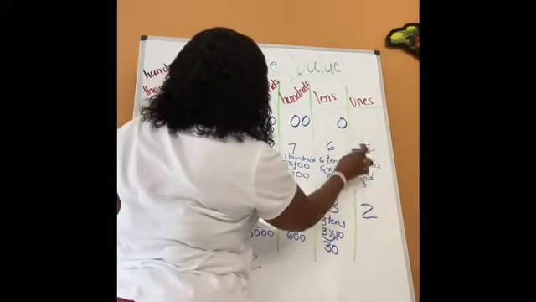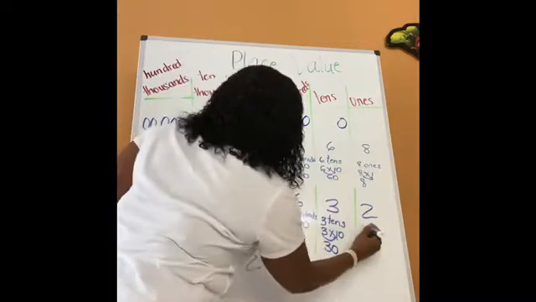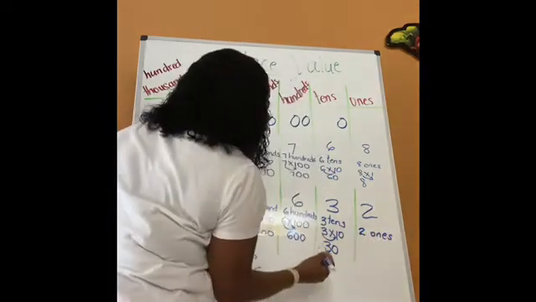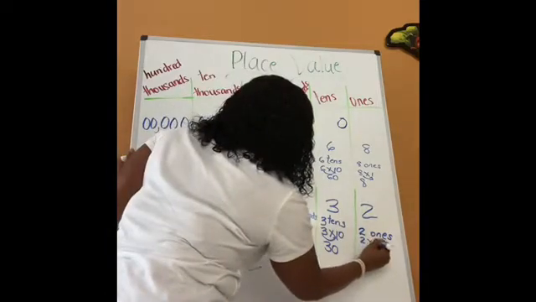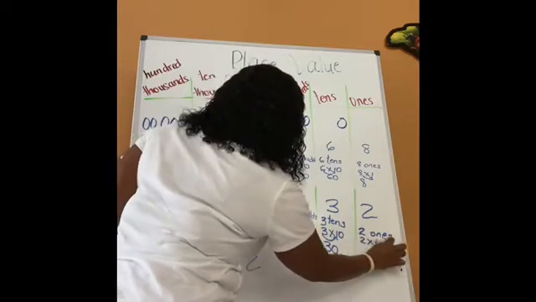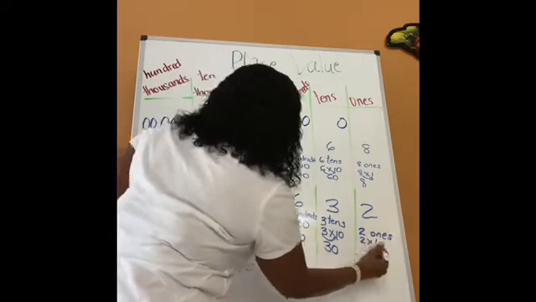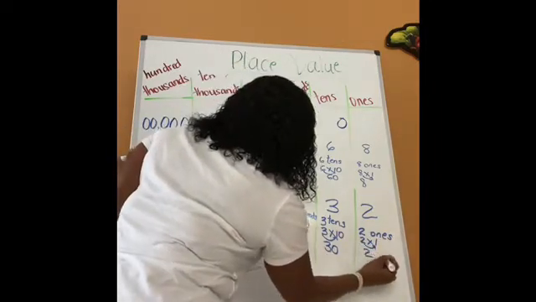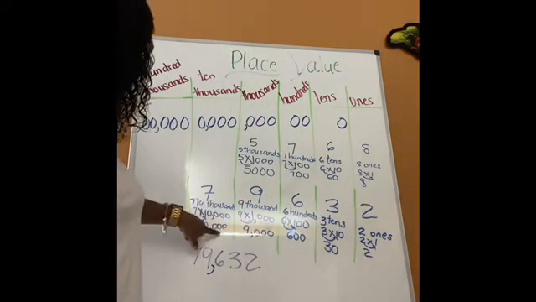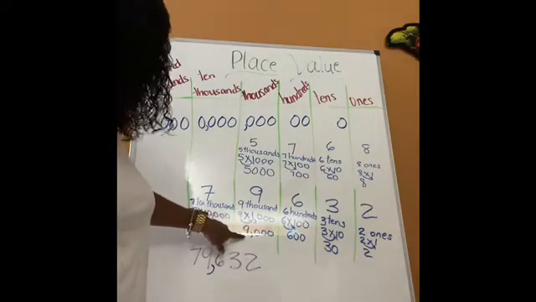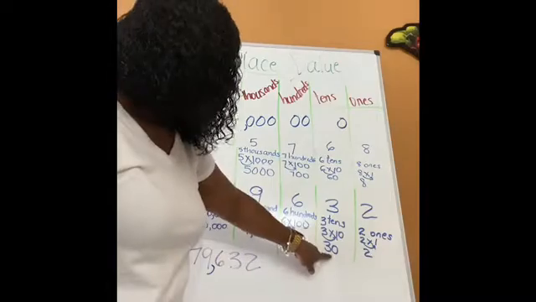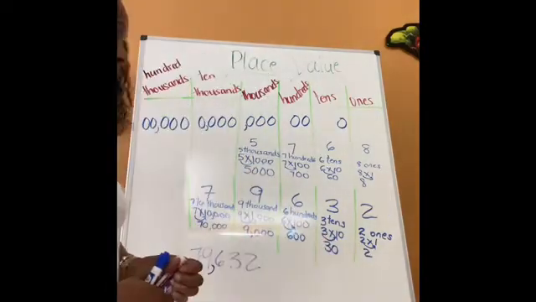And then this is 2 ones. So 2 ones. Remember, no zeros for the 1. So it's 2 times 1. How do I get the 1? 2 ones. So 2 times 1. 2 times 1 is 2. So this is 70,000, 9,632. So it becomes